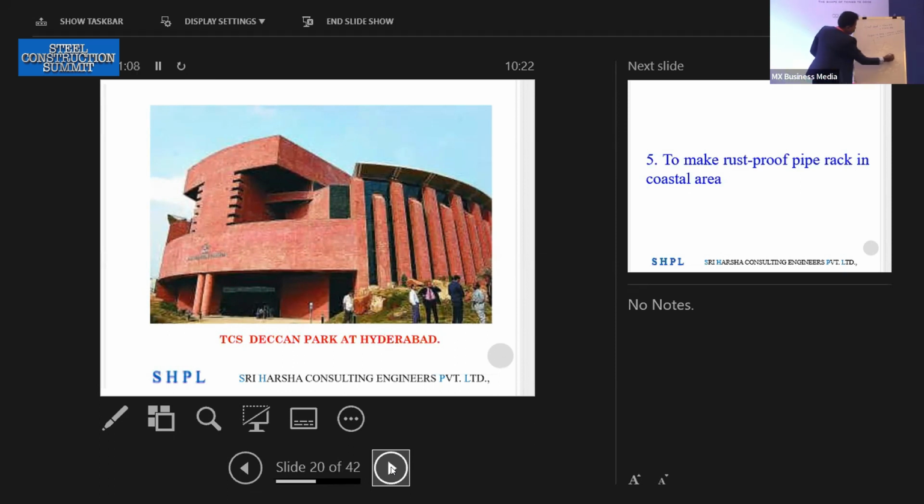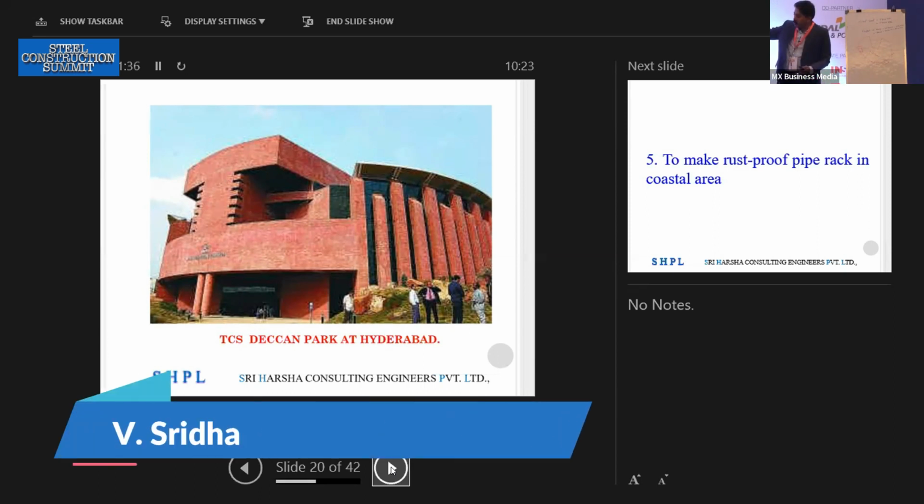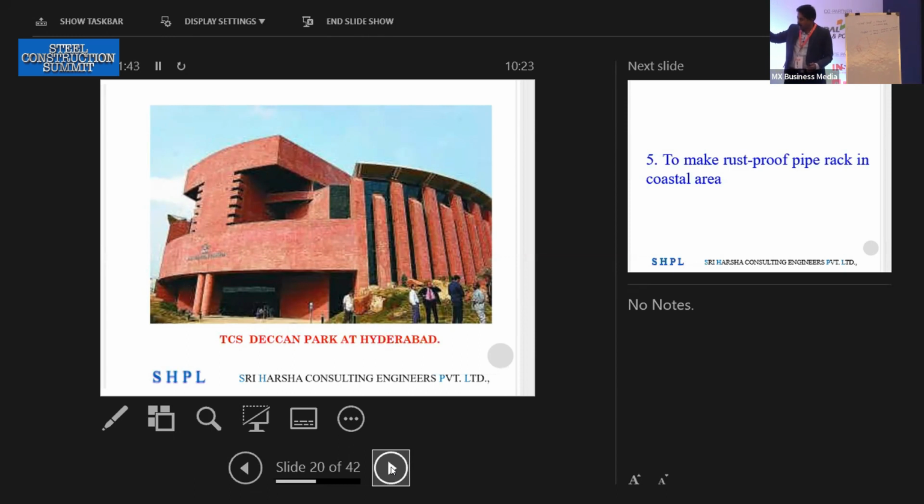This is 100 meters in diameter. The columns which you are able to see, those 2 columns are here, and this is a 26 meter span. On this 26 meters, we have taken a 2 meters by 2 meters beam size. There are 3 floors inside, and to support those 3 floors with a 26 meter span, we have taken 2 meters by 2 meters. Literally, I was walking inside the beam to check it. From there, we generated the front shear wall. That shear wall we have taken up to the top, and after that,